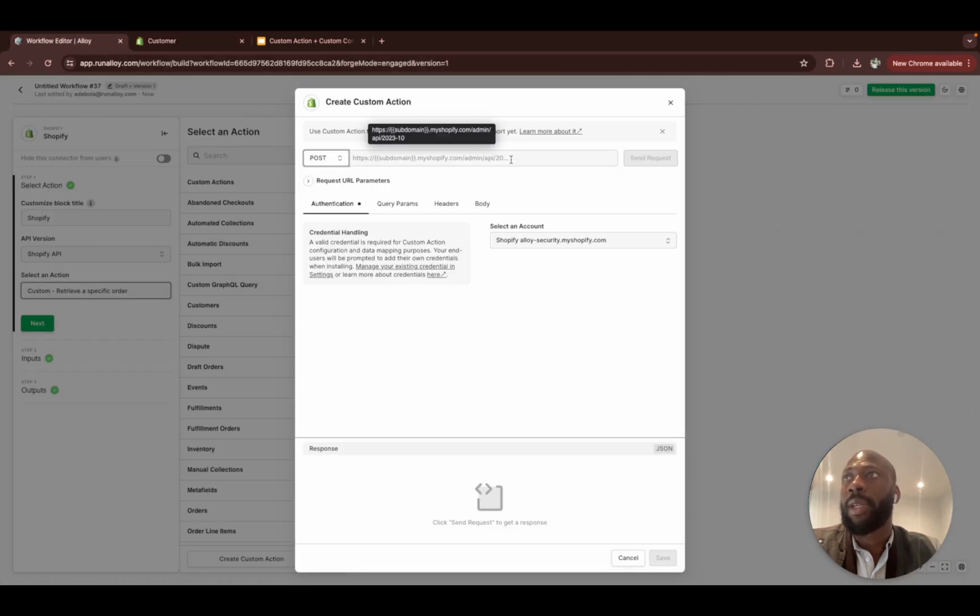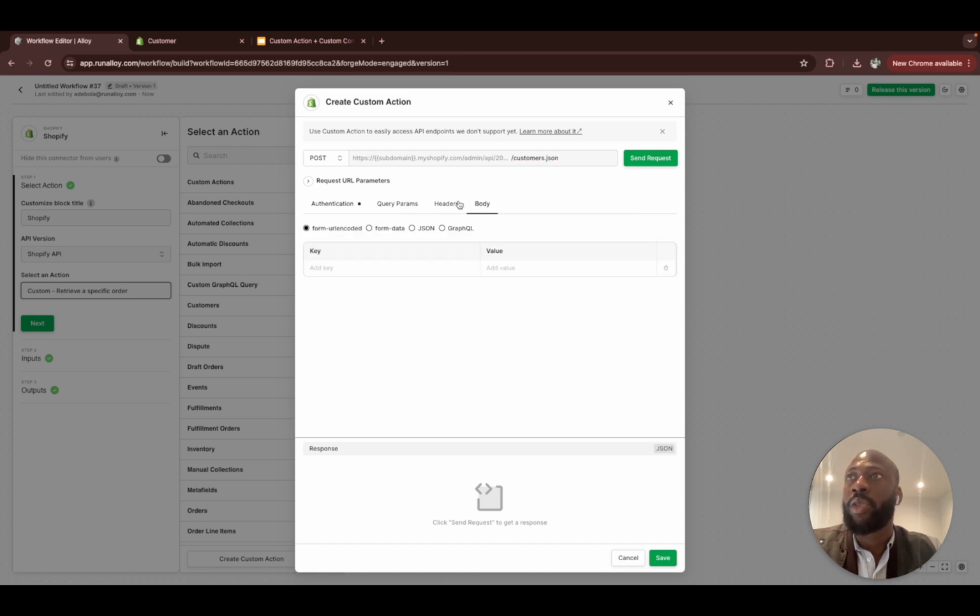So I'm going to come back into my Alloy dashboard here, and I'm going to say /customers.json, and I need to pass a body to it. You can see here on Alloy, we also support GraphQL queries as well. The Shopify APIs allow you to also make GraphQL queries. And if you decide that you want to use GraphQL with Alloy, that is also completely possible. Simply click on GraphQL, and you would have this editor where you can put your GraphQL queries in. But for this tutorial, we're going to stick with using the REST APIs, and we're going to pass in some